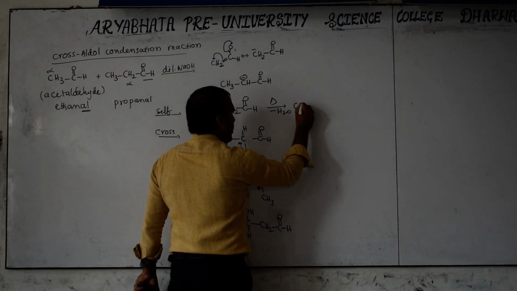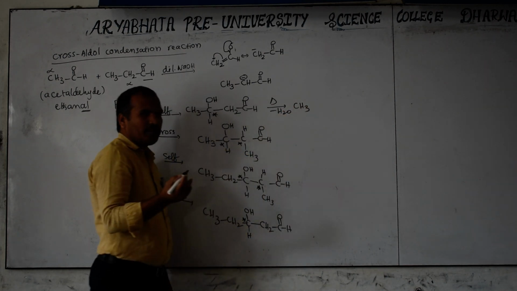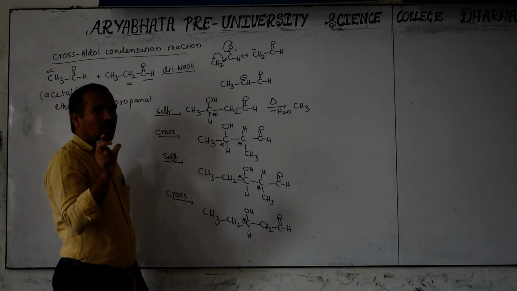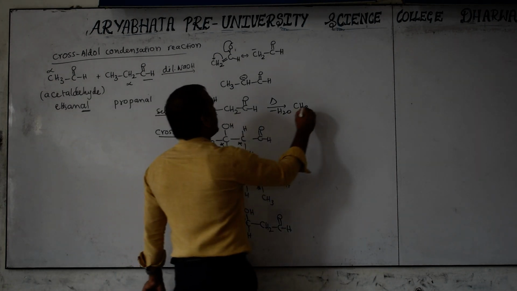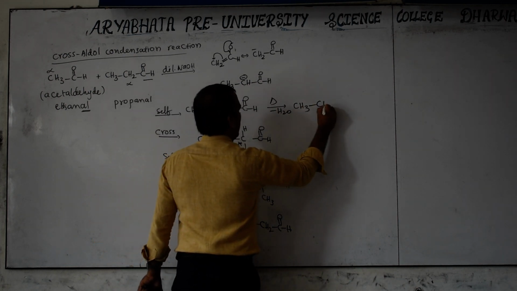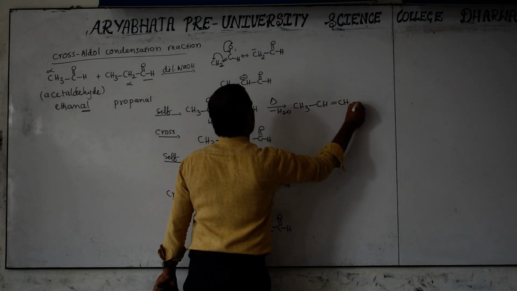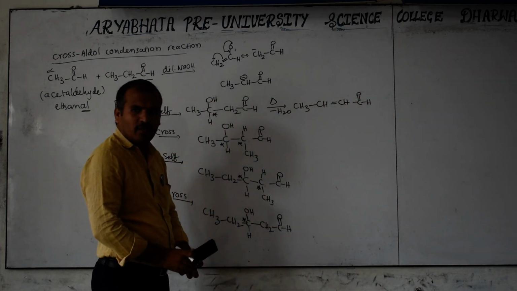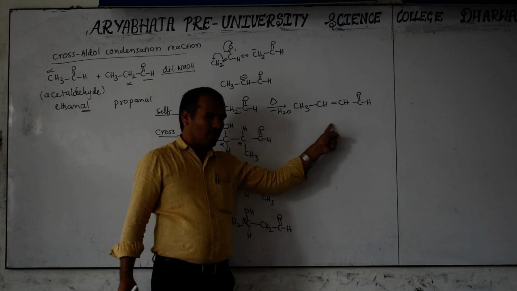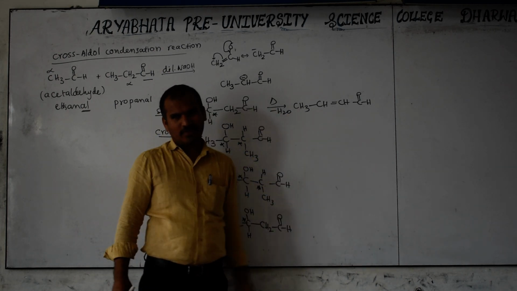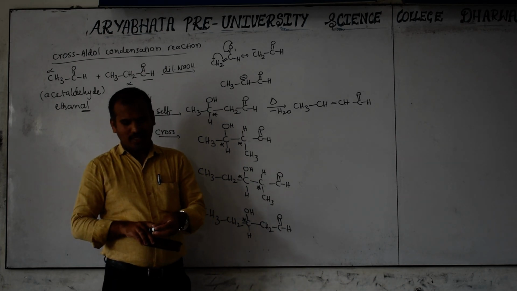So now we have to write the alpha, beta unsaturated product. Because condensation product means what is the way unsaturation is possible? Alpha and beta position. So now here OH, here H. Then CH double bond CH, C double bond O, H. Now the question again. For this, only for this reaction, not remaining, only for this reaction, how many products are possible? Like this they will ask the question.